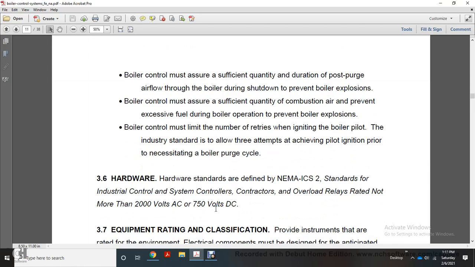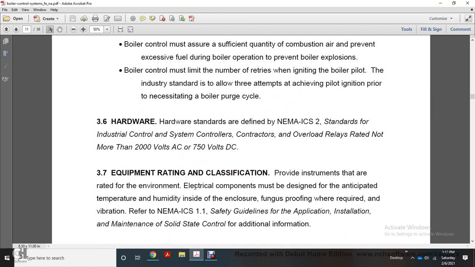Hardware standards are defined by the NEMA ICS standards for industrial control systems, with the contactor and overload relay not rated more than 2,000 volts AC or 750 volts DC. Equipment rating classification is provided with the instrument, rated for the environment. Electrical components are designed anticipating temperature, humidity inside the enclosure, fungus proofing, and vibration. Refer to the NEMA ICS 11 safety guidelines